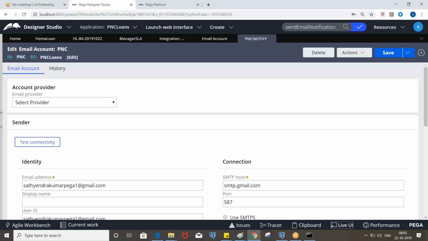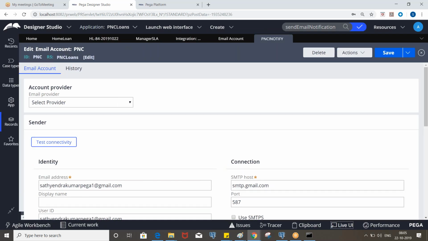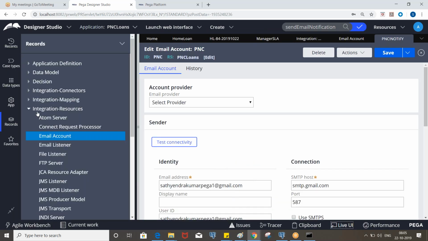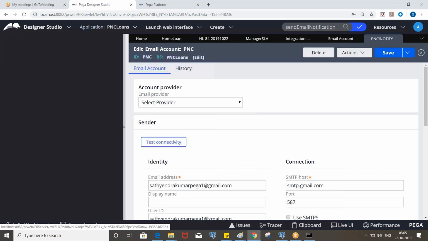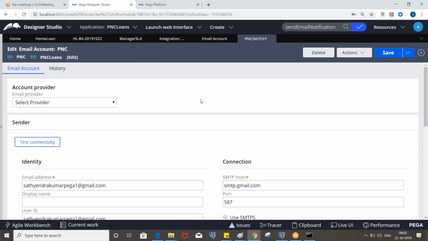Notify means, like, we were seeing some actions in the goal and deadline, there was an option of email notify. Yeah, so we'll discuss those. Usually, it will take the email address from the operator profile and send it. That is mostly what we use it for: operators. Operator means part of the PRPC application, right?